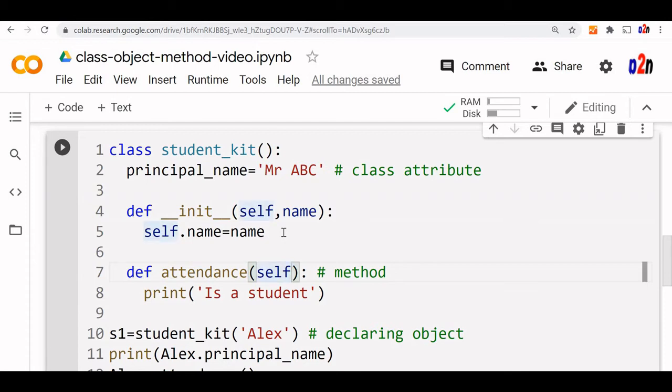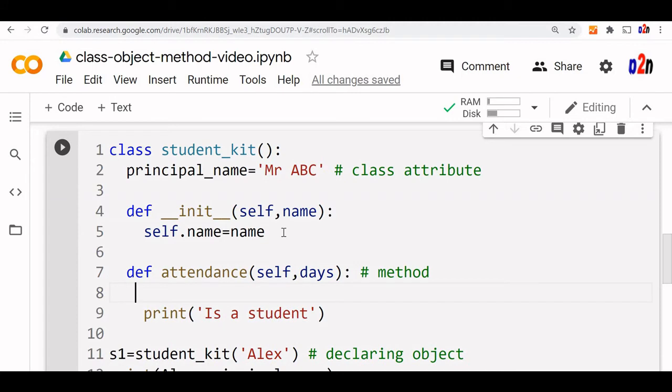Here also, self is the object that we are passing to it. Now let's say days. Days is another attribute we are taking from the attendance method. Now in this case we will change it slightly. Present is one more attribute we are creating, days plus 8. Let's say okay, let's go for 10 days. To understand the difference between the input and the output, we have added 10 days to it. Now let's say we'll print the name.